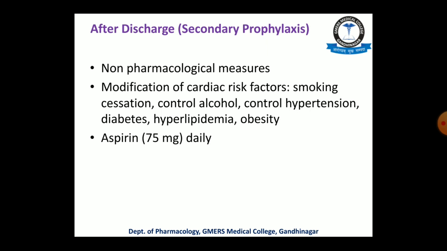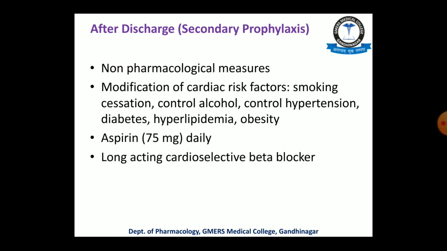Now certain additional drugs must be given to all the patients, and among these, the first one is tablet aspirin, low dose aspirin 75 milligram daily at noon. This is given because the patient is already at high risk, as there has been one episode of myocardial infarction,